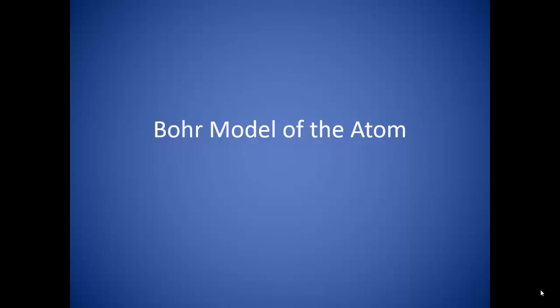The planetary model of the atom proposed by Rutherford was soon found to contain a fatal flaw. Although it was a good start, it was not supported by the quantum theory and could not explain why atoms emitted a non-continuous spectrum, but also because it could not be supported by Maxwell's equations. In 1913, Niels Bohr, a Danish scientist, proposed a modification of the planetary model that looked to incorporate the quantum theory.